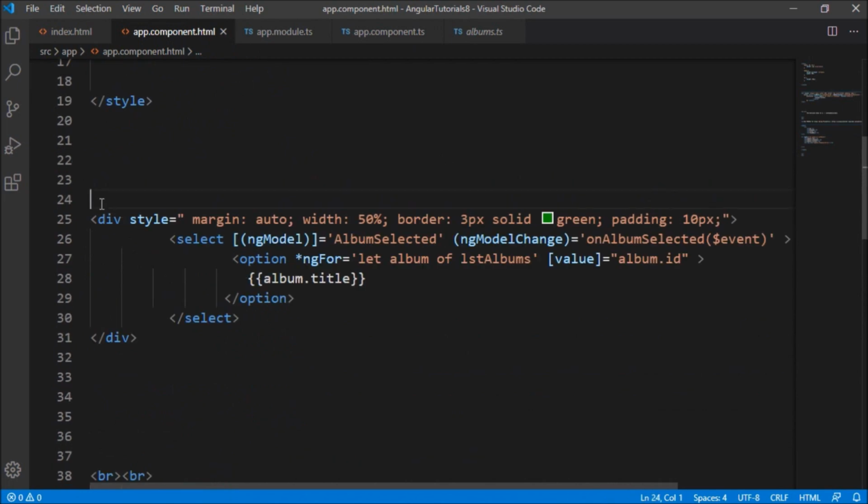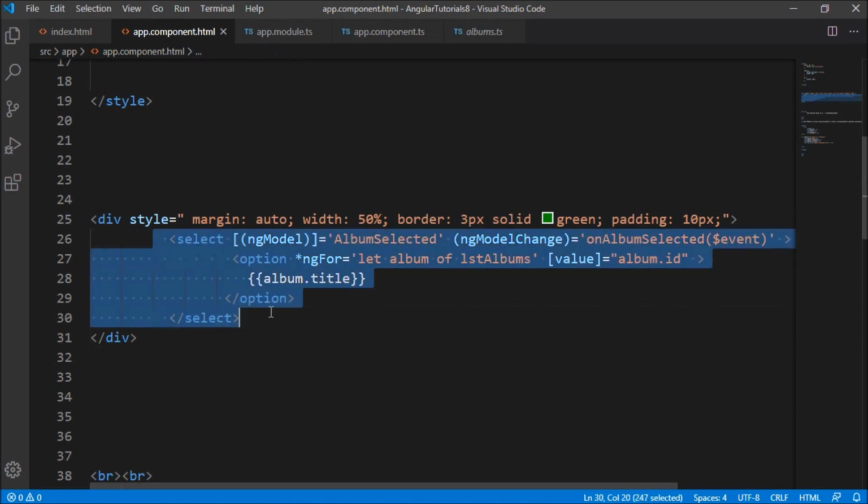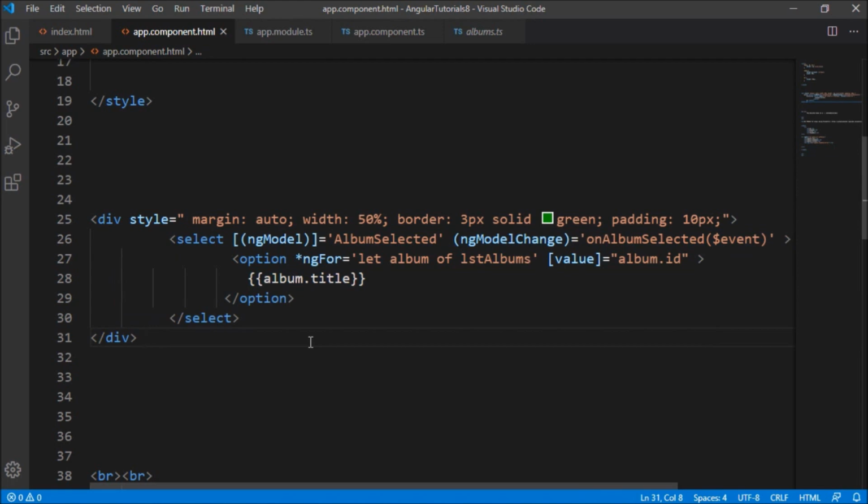You can see this is the select list and we are binding this in the ngFor loop over the list of albums. We are binding the ID and title. And that's it. On the change event of this drop down, we are calling another function, on album selected, from which we are calling another API for binding the photos. We are not going to look at that code because our target is just to convert this select list into a multiple checkbox list and then get the selected value. That's it.